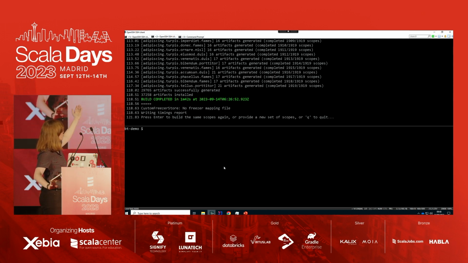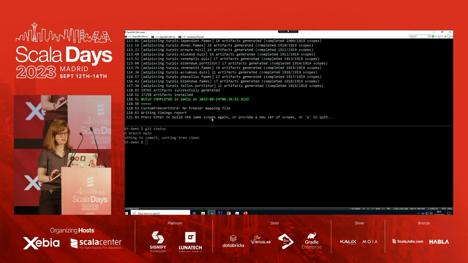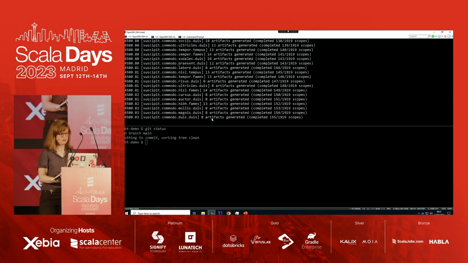So the lower half is in the same workspace. I'm going to run some stuff. Well, first, we're going to see where we are. So we're on our main branch. And let's say we just wanted to recompile with no changes, just to see how it goes.